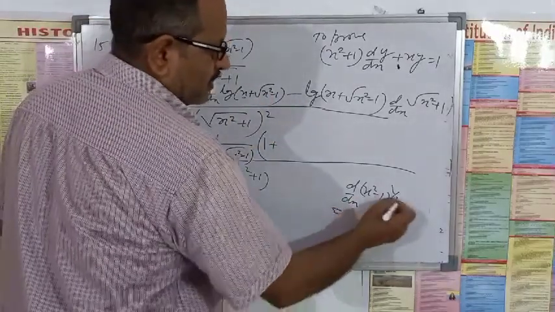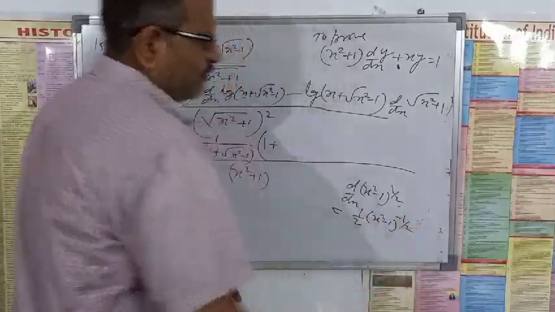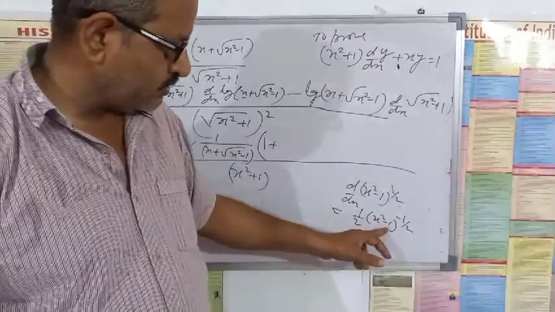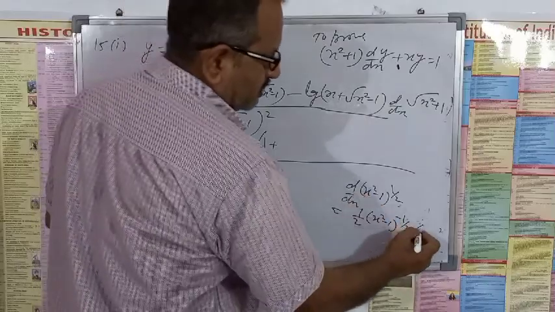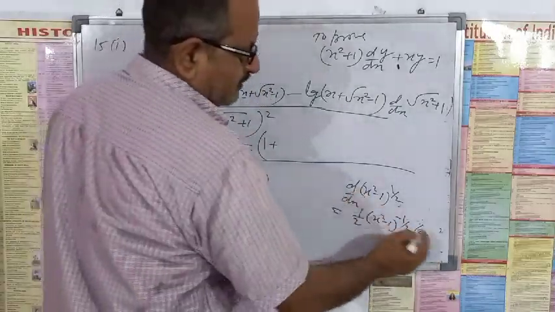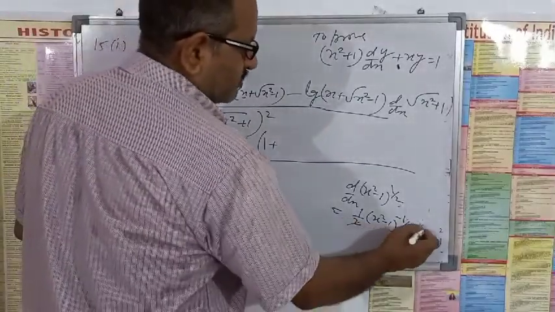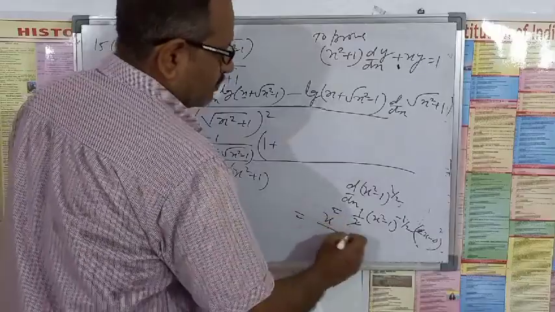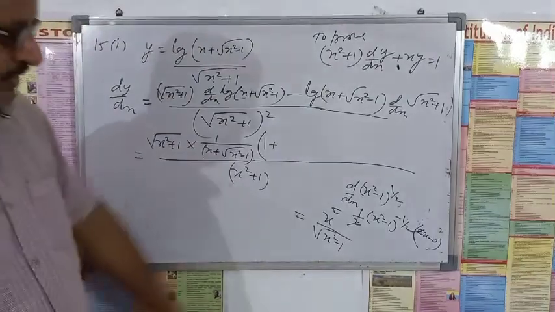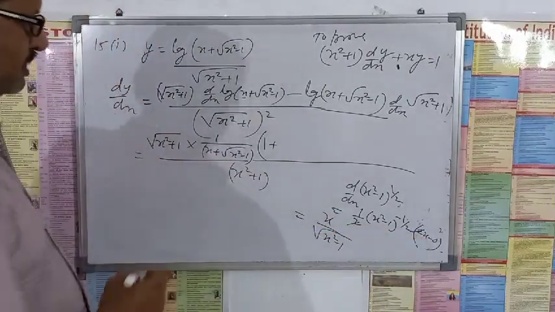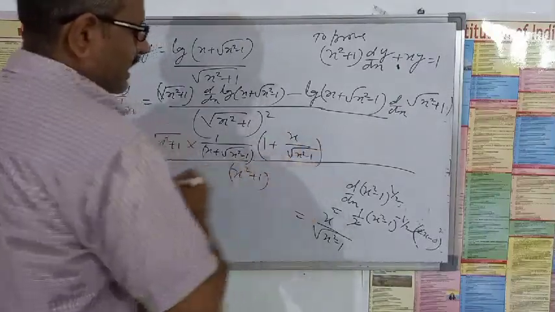What is derivative? We will write it 1 by 2 x square minus 1 to the power minus 1 by 2. N into x to the power n minus 1. And then derivative of x square minus 1. So x square is 2x derivative. One derivative is 0, constant. So we can cancel this one too. So it will be x upon, take it downside, x upon under root x square minus 1.